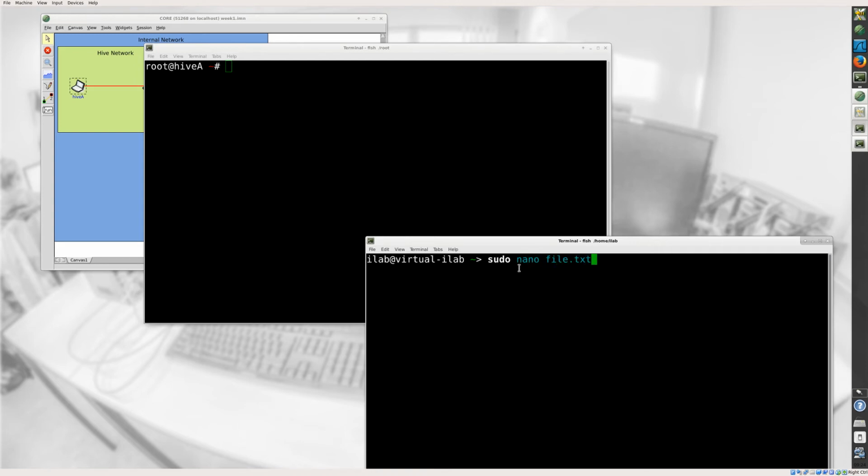Nano is a text editor we have a look at later, and if the file.txt can only be edited by root user, you could use it this way, which tells the terminal to execute nano with root privilege. So then you can also edit that file.